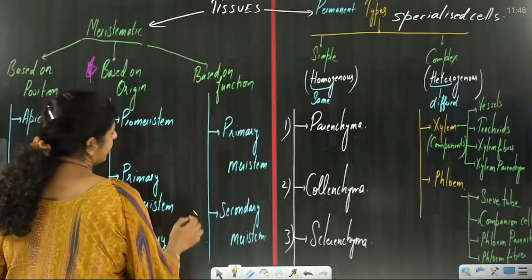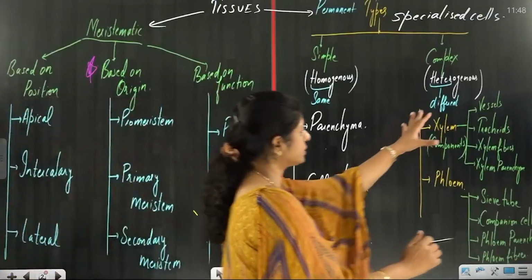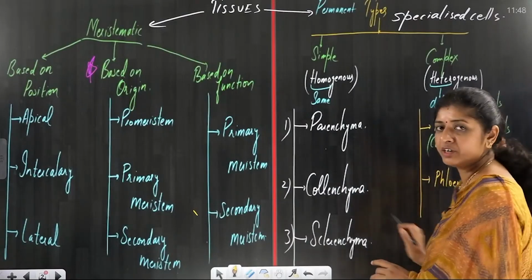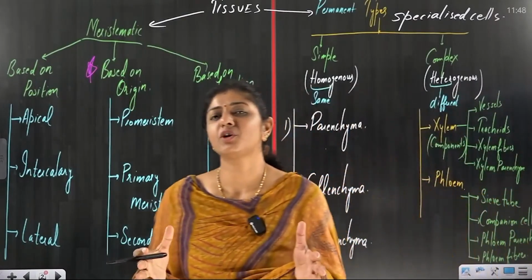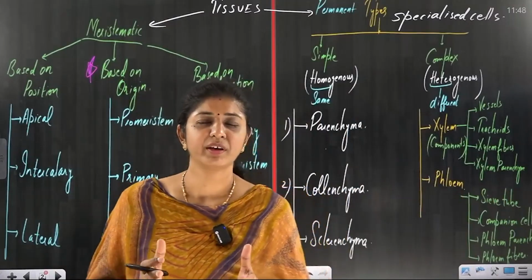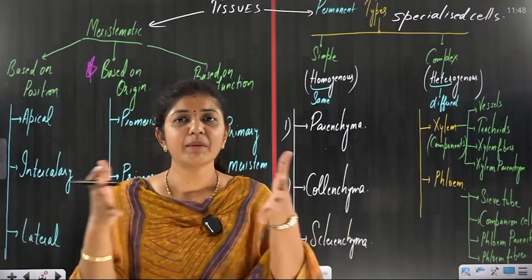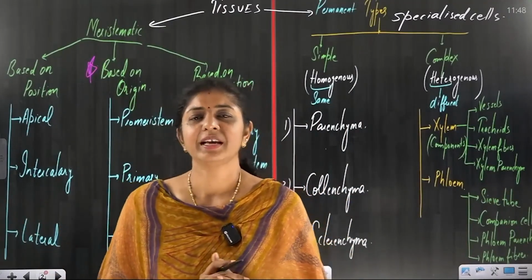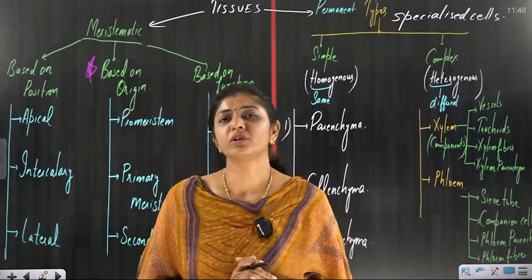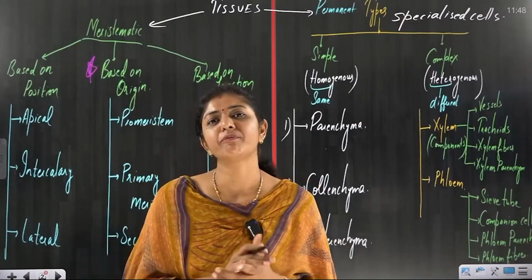This one. Right? Because they are made up of these parts. Xylem is made up of 4 different components. Phloem is made up of the other 4 different components. All the cells will not look the same type. All will have different appearances but they are collaborating for a common function. Like xylem is made for conduction of water and minerals. Phloem is for the food, what the leaves have prepared.